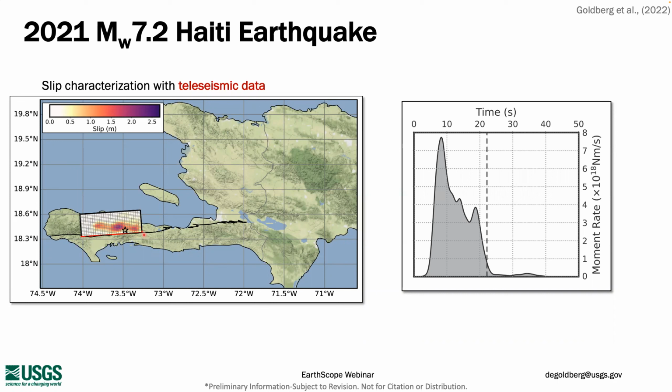And the colors on each of these subfaults indicate our modeled slip distribution. And if you sum the timing and the amount of slip on each of these subfaults, you get this moment rate function on the right, which indicates that peak moment rate occurred prior to 10 seconds, and then the event was over in about 20 seconds. So looking at this slip distribution, you'll notice that the main slip asperity is just west of the hypocenter, but slip occurs in both directions, indicating bilateral rupture.